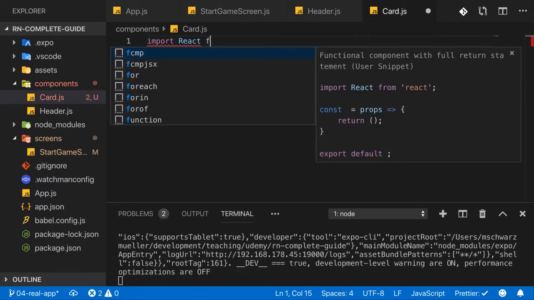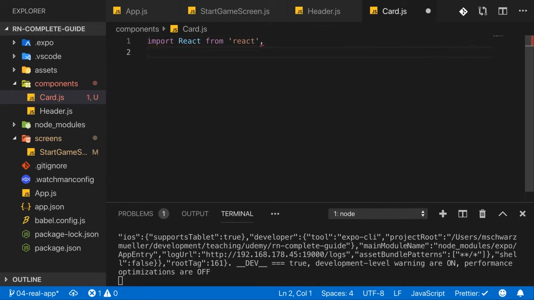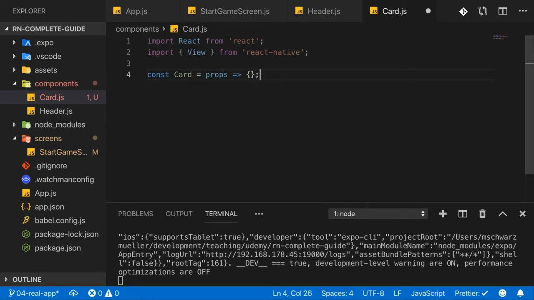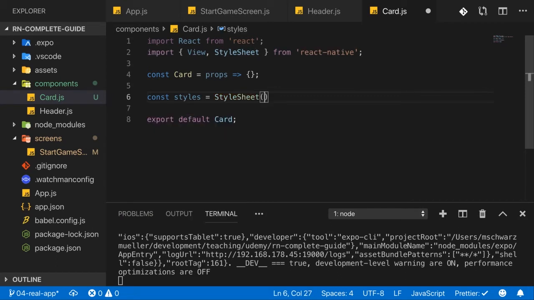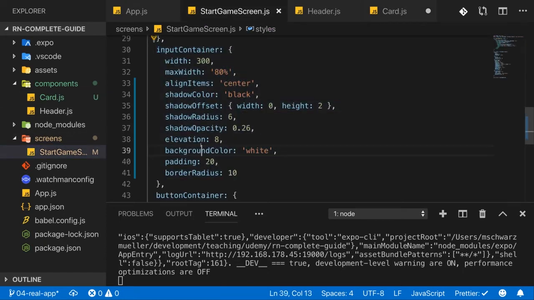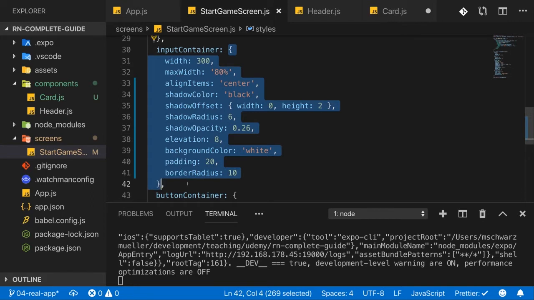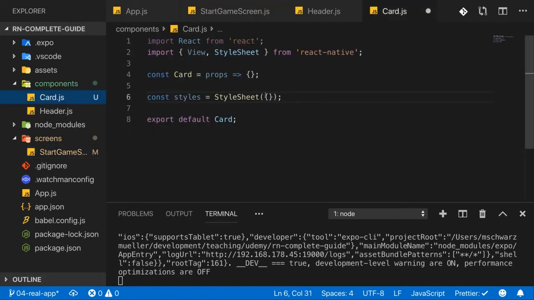Now here, as always, import React from React, and then also import View from React Native, and then create the Card component, a functional component like this, which you in the end export as a default. And obviously, since it's all about presentation here, we'll need StyleSheet to create a styles object, because that will be the core thing of this component. It should be there to wrap itself around any content and just apply some general styling. So now I'm going to the start game screen and I'll grab all the styles of the input container, copy them from there